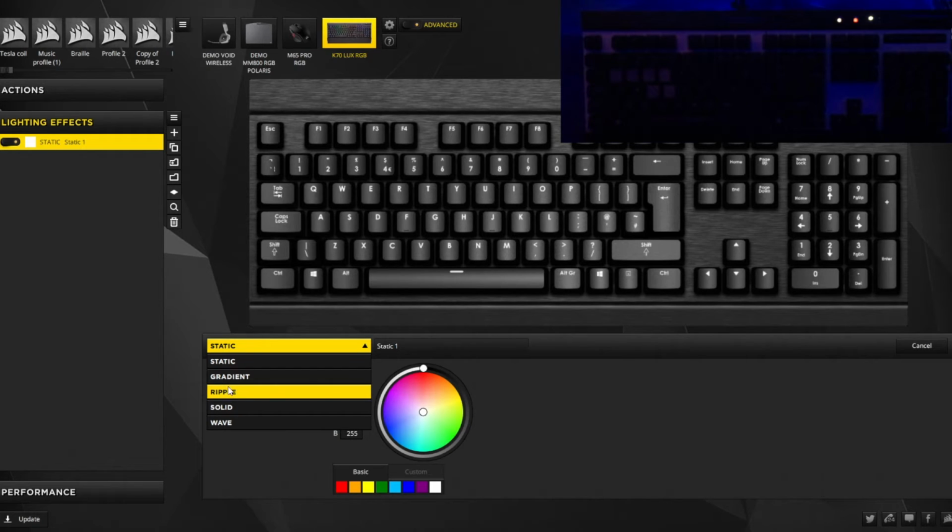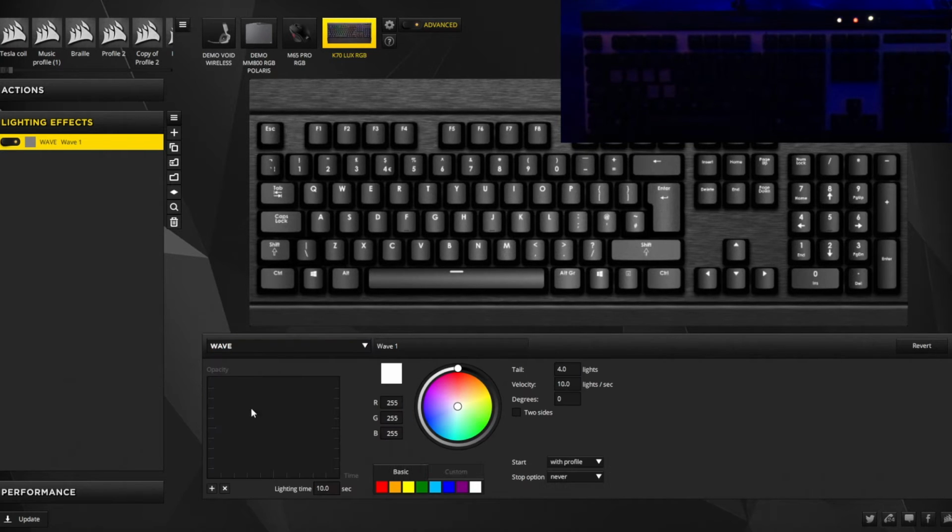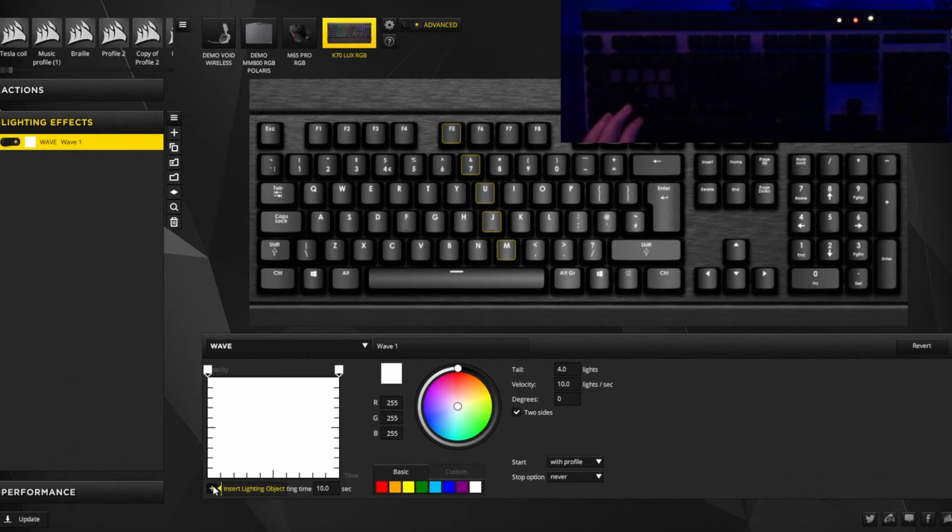You can make it with waves or gradients or what you want, but I'm going to make one with a wave. I'm going to make this two-sided, and I'm going to pick like a row of keys like this and just make a normal wave. You can change the wave however you like to. We're going to change this wave to 90 degrees because we want it going out like this. We're going to change it to on key pressed and stop option after one time and play from key pressed. So now when we press a key in that row, it's going to